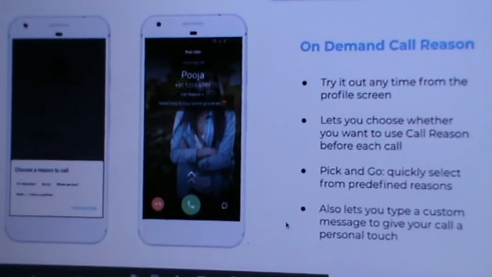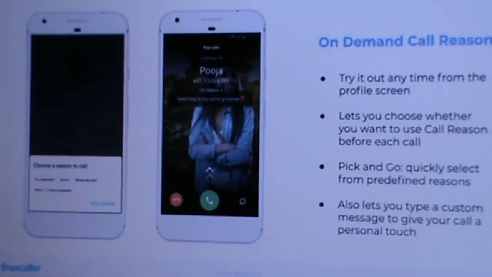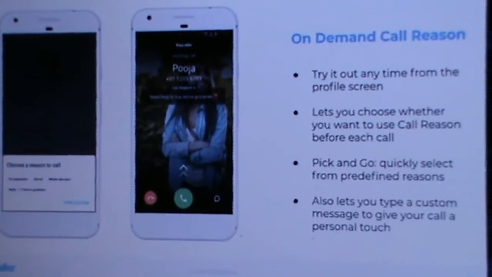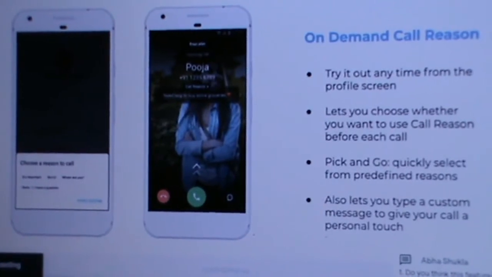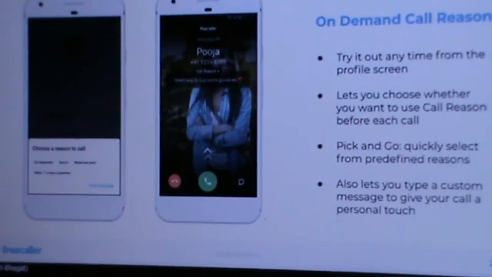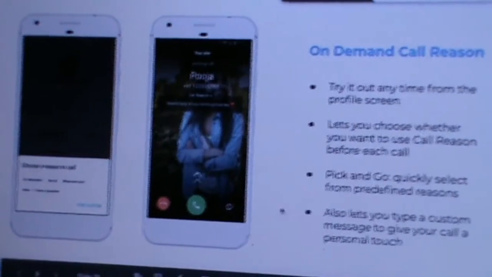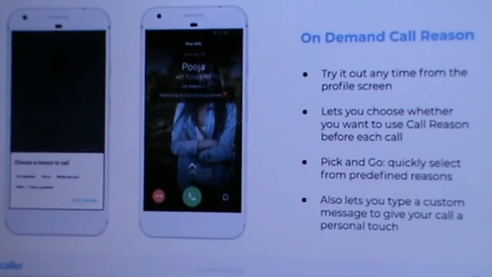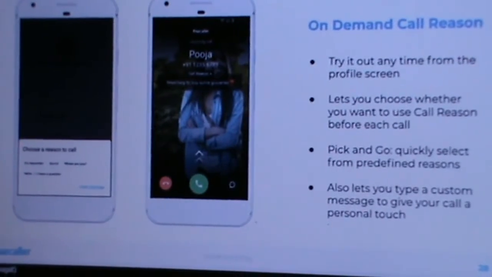So let me tell you a good story here. Pooja and Abhishek are very good friends, and tonight they are planning a dinner date. Pooja is in a market and wants to buy some groceries, but she's confused about Abhishek's choice. That's why she calls Abhishek, and by setting a calling reason there, "need help in buying some groceries" with a heart emoji, there are high chances Abhishek is going to pick this call. Even in a meeting he will pick this up for a moment and reply, okay, I want this particular grocery or vegetable, because he doesn't want to spoil his dinner date.